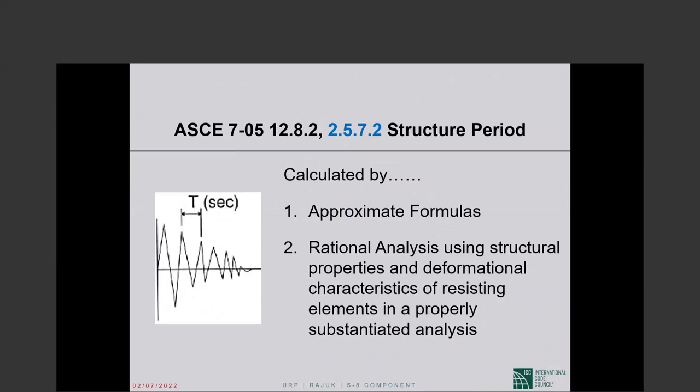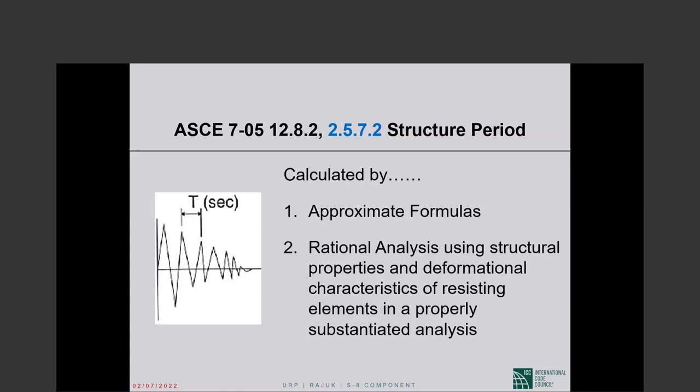So in the base shear formulas, V equal to S sub A times W, or V equal to C sub S W in ASCE 7, the S sub A or C sub S varies with 1 over T. Unless you are at the flat top, the spectral acceleration varies with 1 over T or 1 over T squared, as the case may be. So without a period, we cannot calculate the base shear,